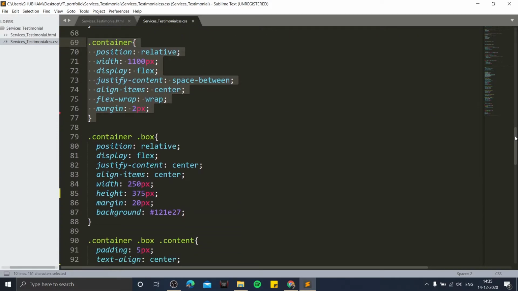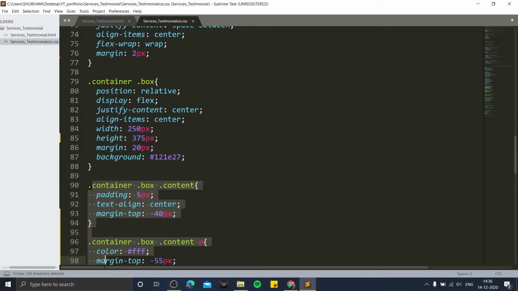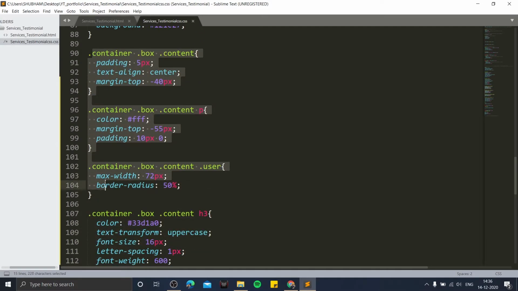It is now time to style our box class, that is, each testimonial card, as our box class is under the container class. We have accessed our box class like this and styled it. Following that, we have styled the content inside the box, that is the paragraph, user image and the user heading.